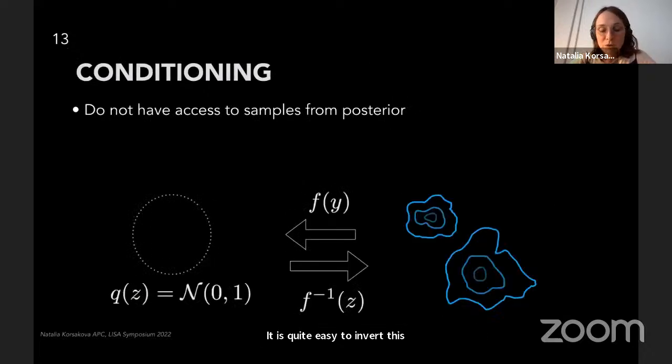Now, when we looked at how we can go from the samples from the normal distribution to our posterior distribution and back, we can ask ourselves a question. What do we actually do in the case of the gravitational waves? Because we don't have access to the direct samples from the posterior. How can we have access to the information from these samples?